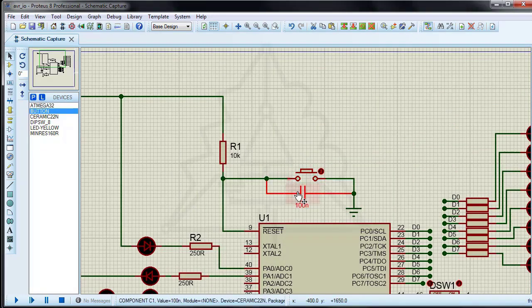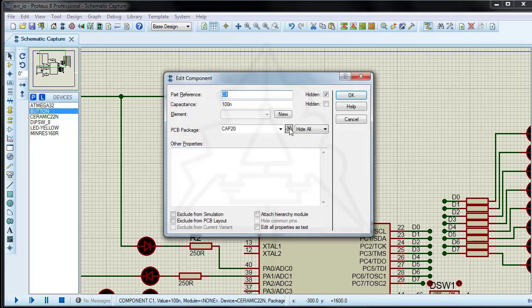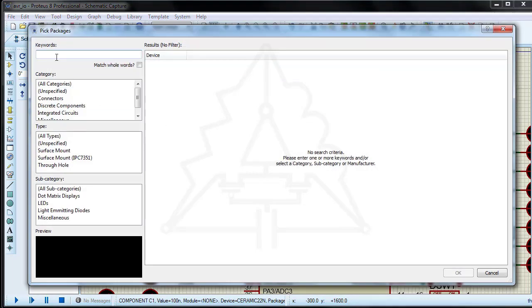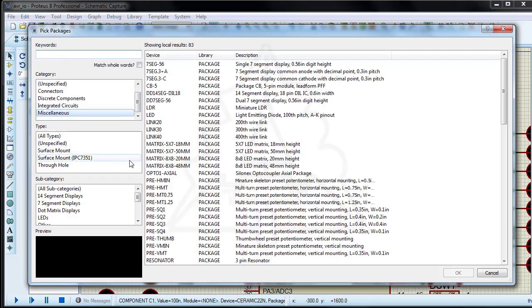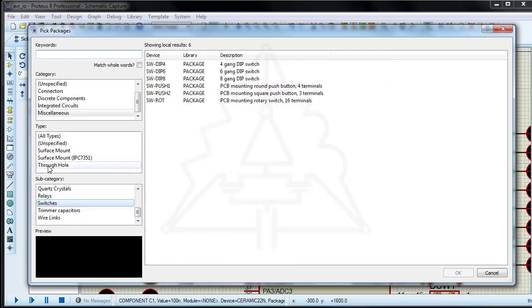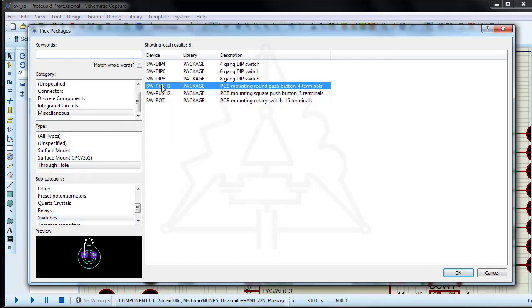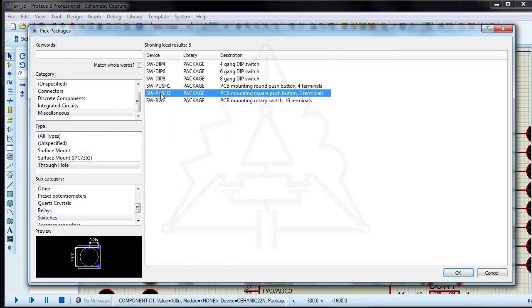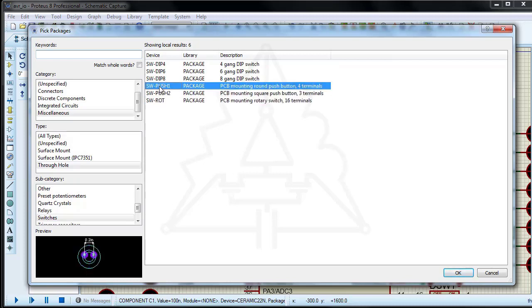Find a package for the push button. The SW push 1 package is well.